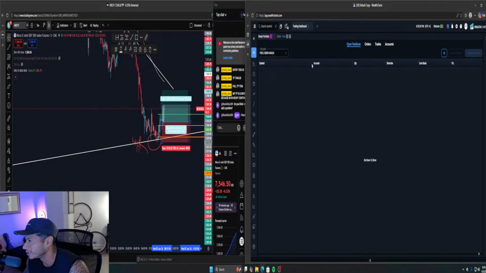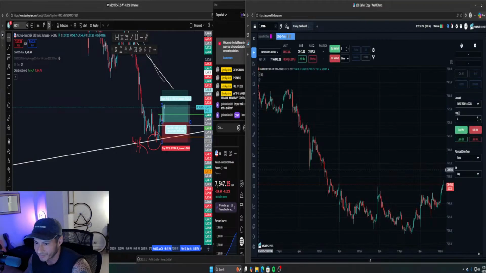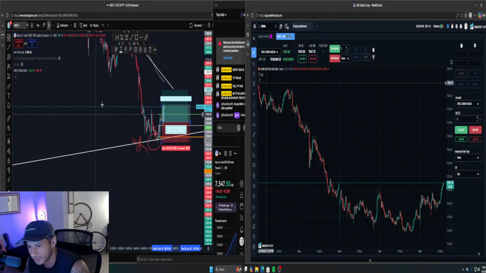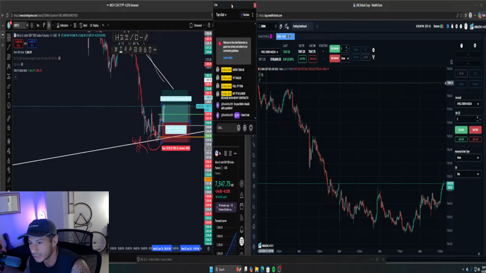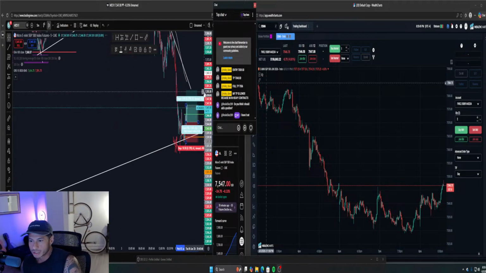Check it out. Here we go. Look at this. 1776, guys. We're cooking. All right, now I'll stay in here for you guys. But yeah, hold this trade. If you got in on my original entries, guys, stay in it and just hold this, and let's see what happens at this trend line. If it goes to this trend line, guys,